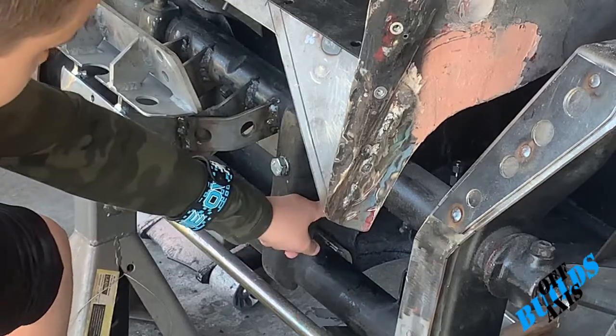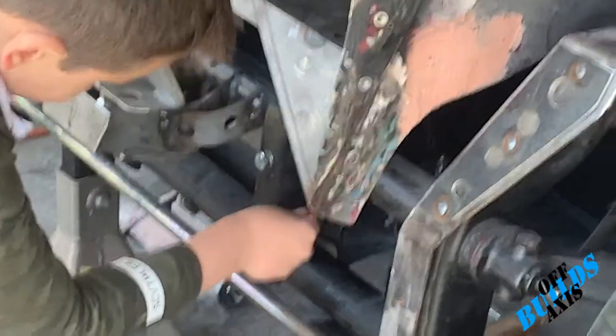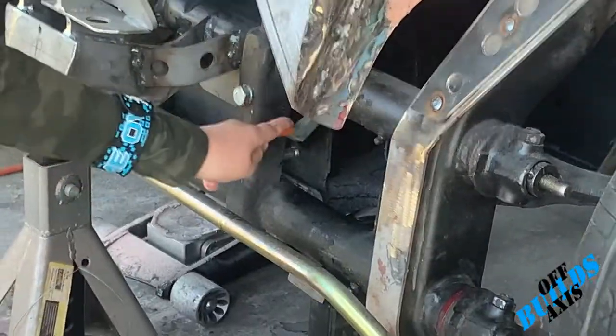So you see that layer of grime right there? You really got to scrub to get it off. But it slows down my brush quite a bit, even when I use this. I mean, this helps a little bit. But